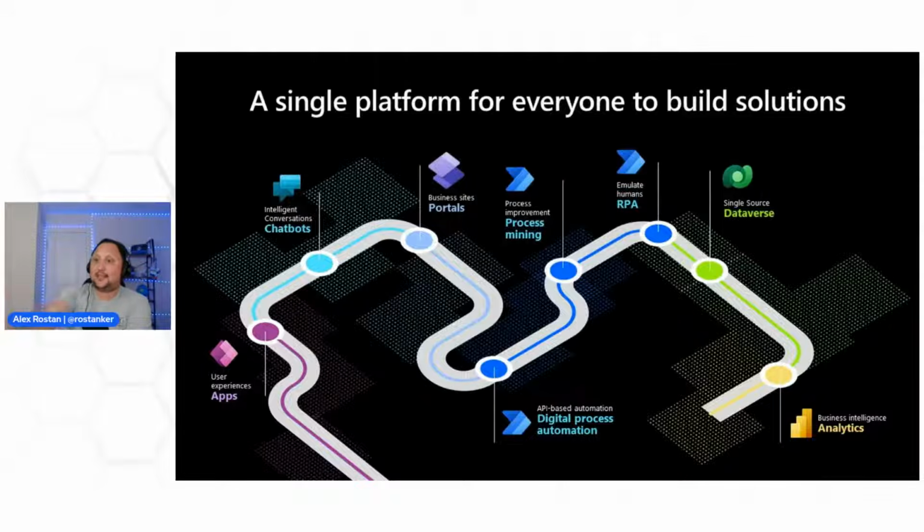Like the presentation layers, the first three: this is the user interface, the presentation layer for the Power Platform. It could be the applications, the chatbot with Copilot, or portals. Those are the three ways you can create. Of course, Power Apps has two different flavors, Canvas apps and Model-driven, but that is for another session. You can see those three kinds of user interface or presentation layer: Power Apps, Copilot, and